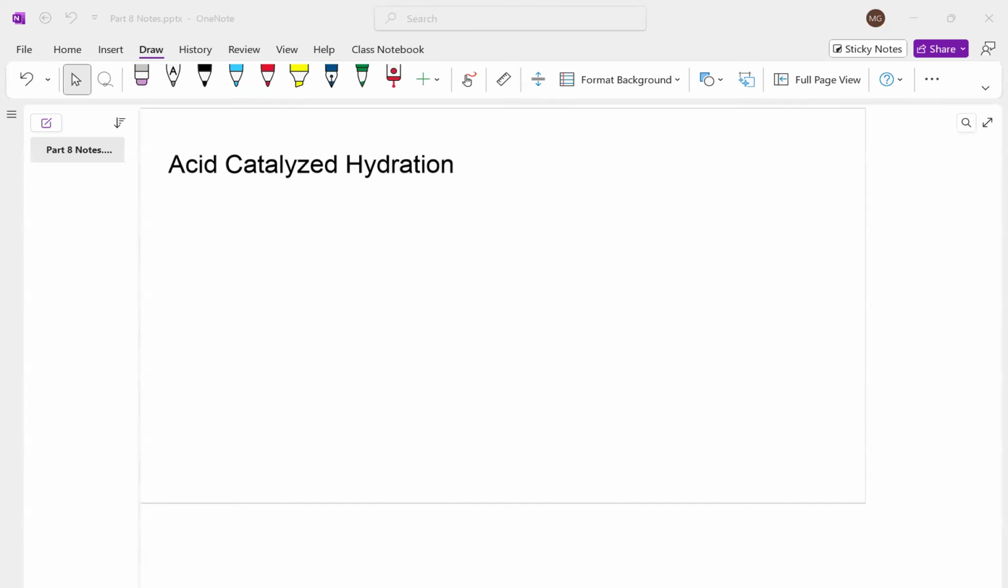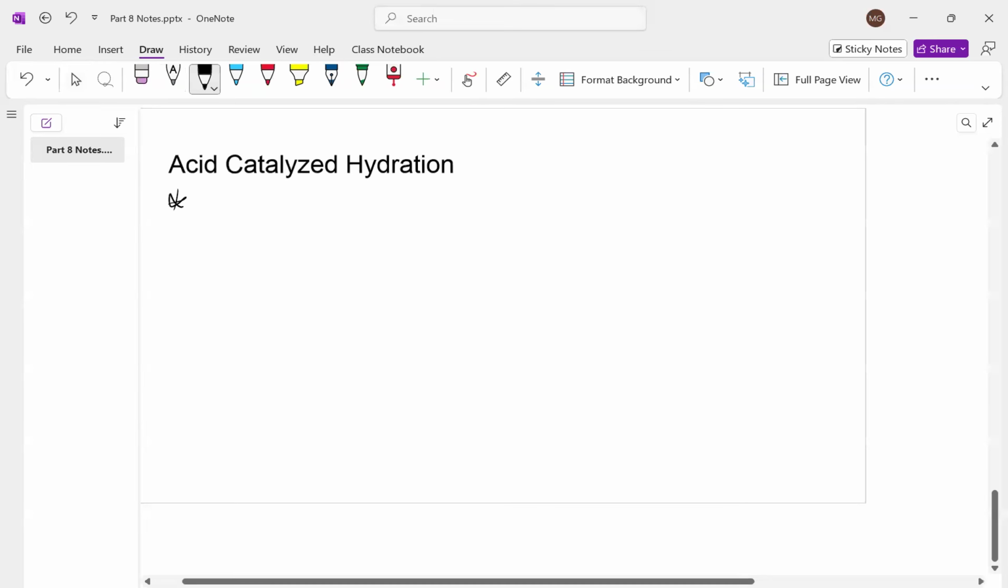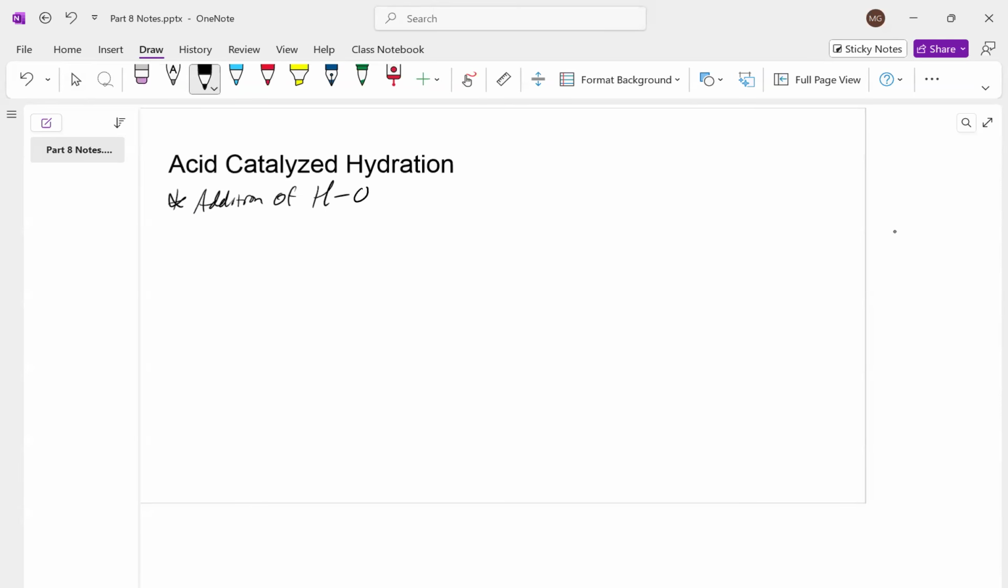So we're going to continue on with our electrophilic addition to alkenes. And now we're going to look at something called an acid catalyzed hydration. Now let's just break down that word hydration. What do you think that means? If something is hydrated, what have you added to it? And if you're thinking water, exactly. Acid catalyzed hydration is the addition of water